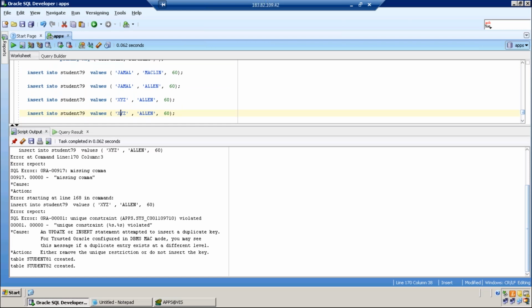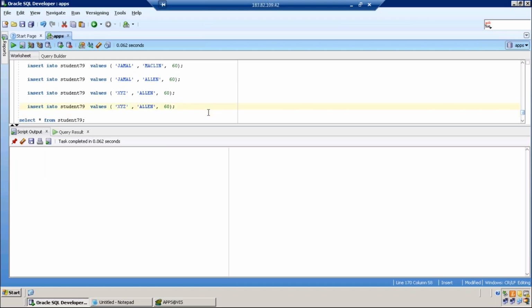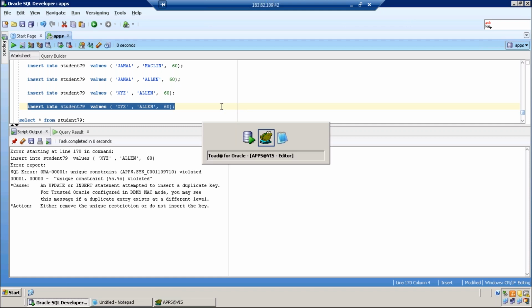We will take the two primary key query. This one, I'll execute this. This is a combination of duplicate values in a composite primary key. Same insert command, copy.